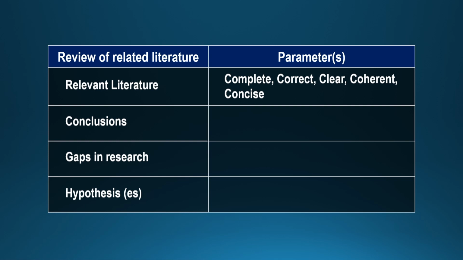Next thing which needs to be evaluated is the conclusions arrived at on the basis of review of related literature. So is there clarity in the researcher with respect to the major conclusions related to the various variables which form a part of the research, and whether conclusions have been appropriately and correctly arrived at by the researcher. Whether the researcher has identified the gaps in research correctly and is able to express them in clear terms,